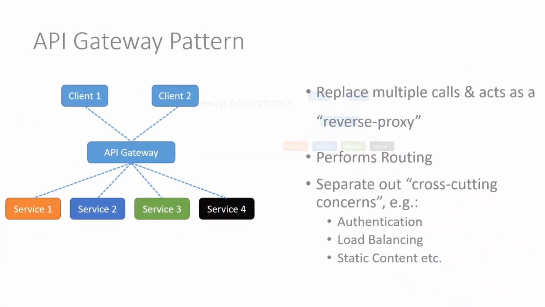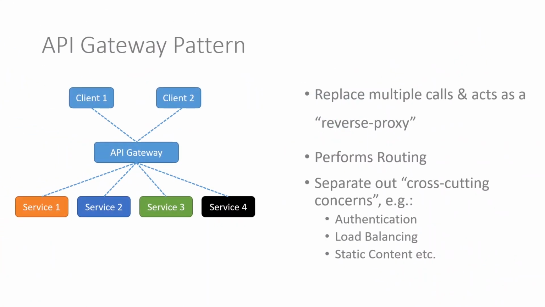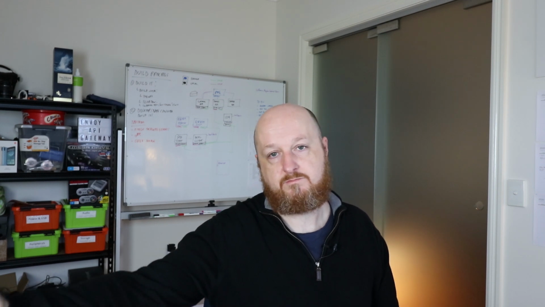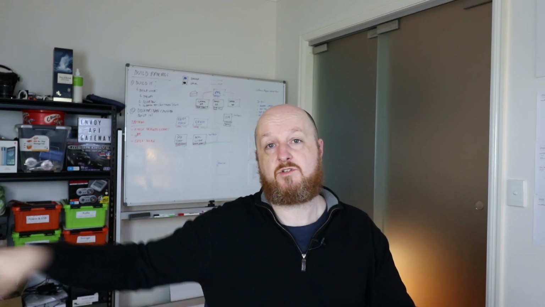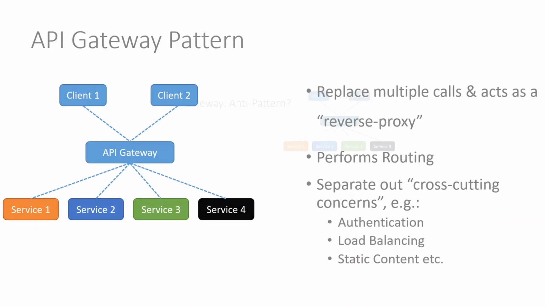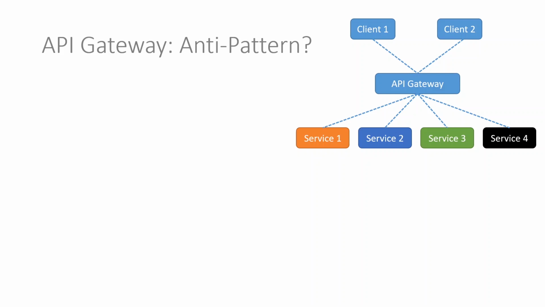I don't think I have it on here, but we're also going to be doing this HTTPS termination, or TLS termination, however you want to term it. So HTTPS request to the API gateway, and then the gateway just uses regular old HTTP, so it can do all that kind of stuff as well. I'll put links to the Envoy documentation below, and it goes into all of that in a bit more detail.